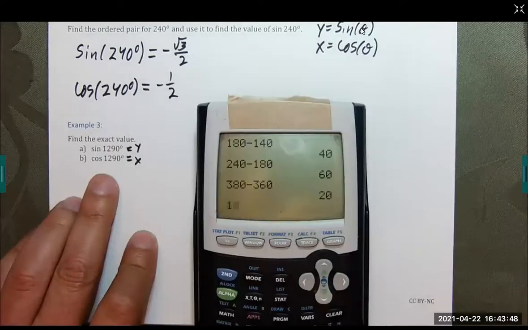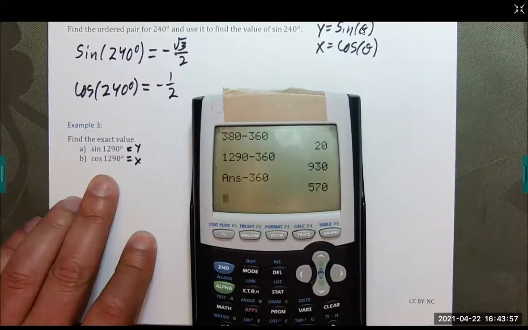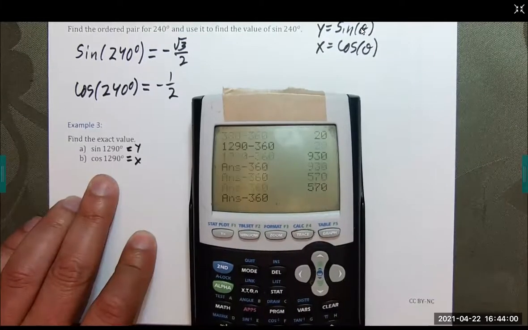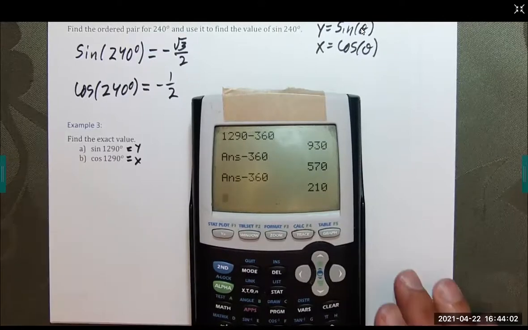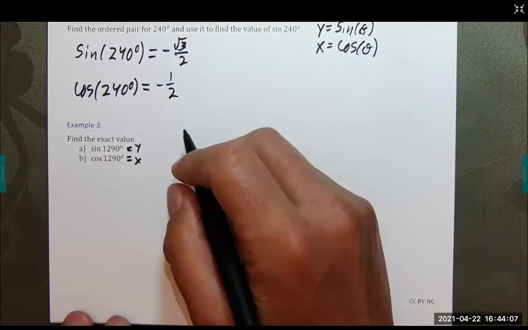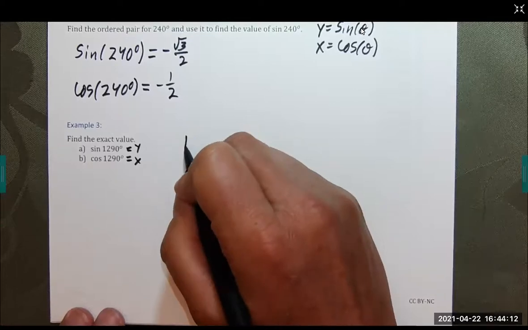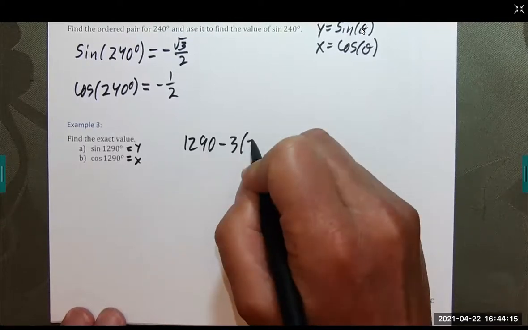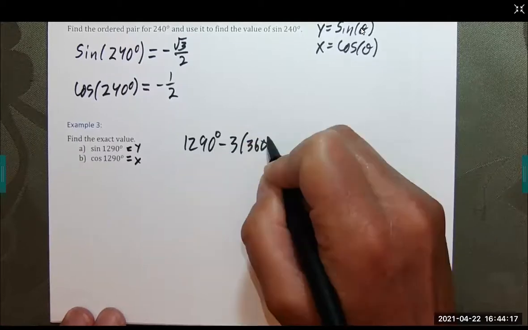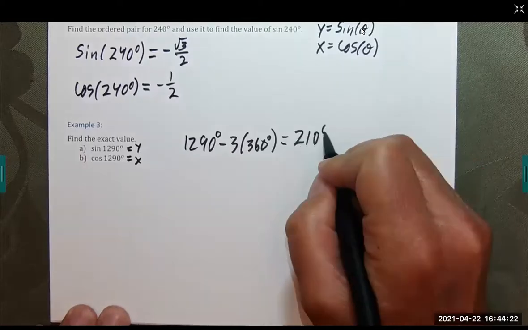So 1,290 minus 360. Not good enough. Minus 360. Minus 360. Okay, so finally we are at an angle that is between 0 and 360. So to be clear, I used 1,290 minus 360 degrees to get 210. Now 210 degrees